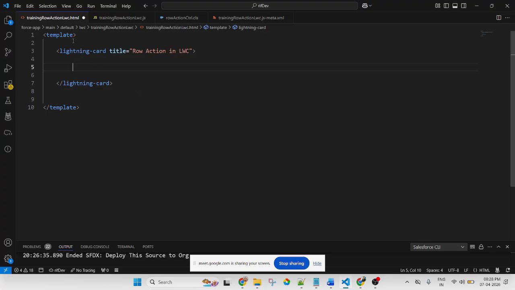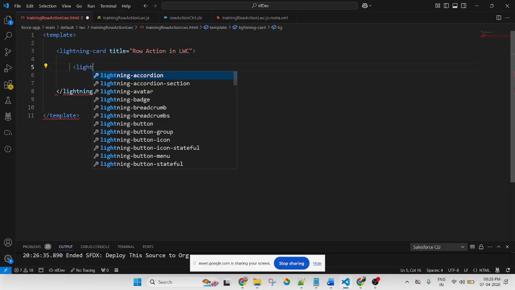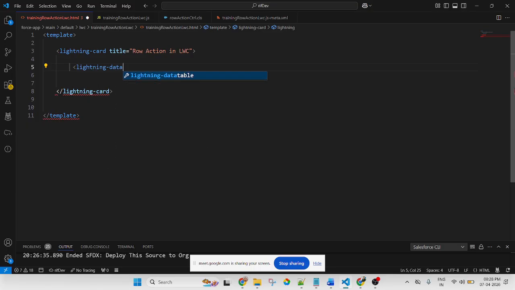And in the template HTML, we will display the list of contacts in a Lightning data table. So first we need to define the lightning data table.